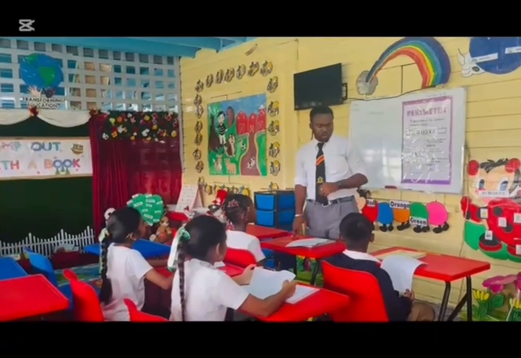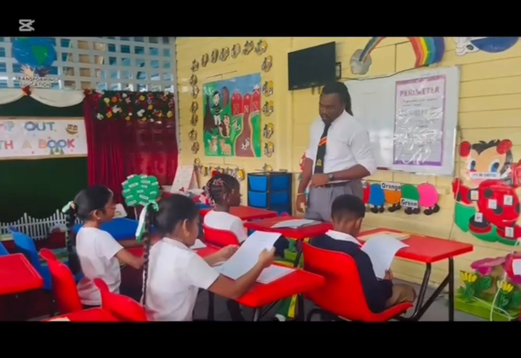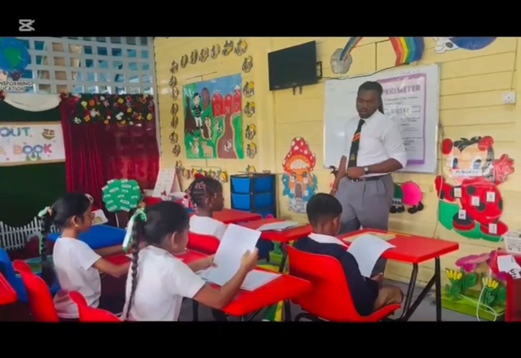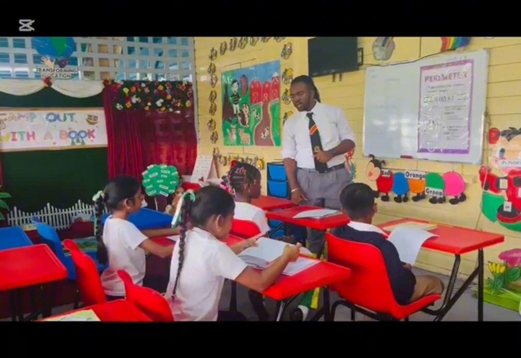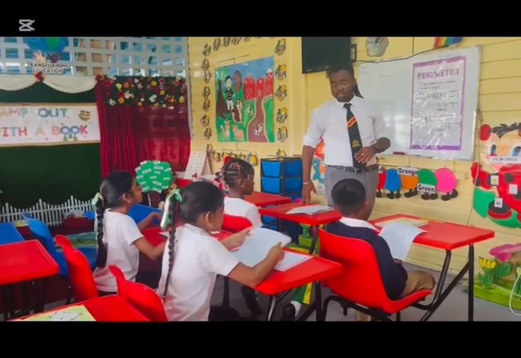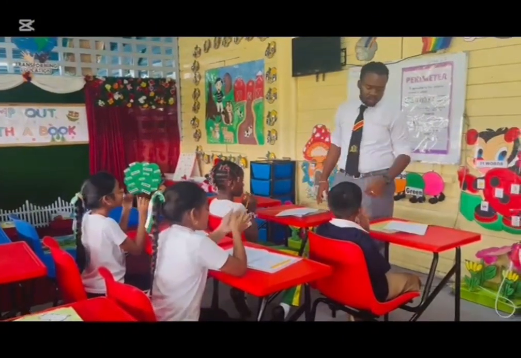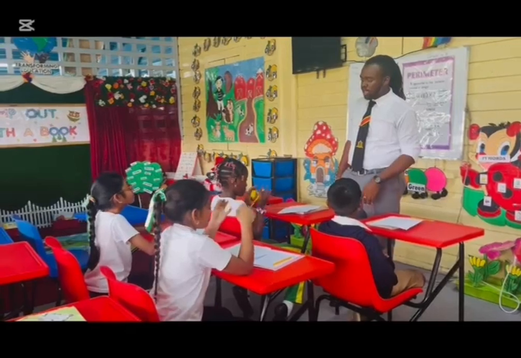So I just gave you your homework, right? And we found the perimeter of a rectangle, and we also found the perimeter of a square, right? So with that being said, I hope that you enjoyed today's lesson. Give yourself a clap. Make sure you do the homework, and we will